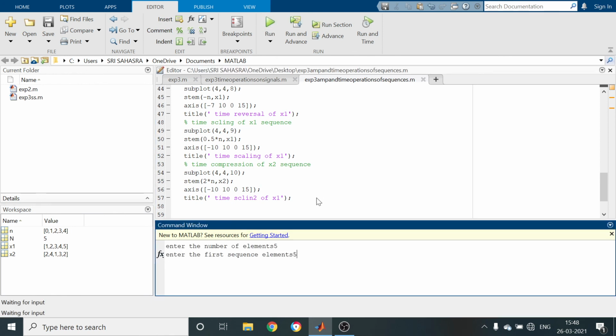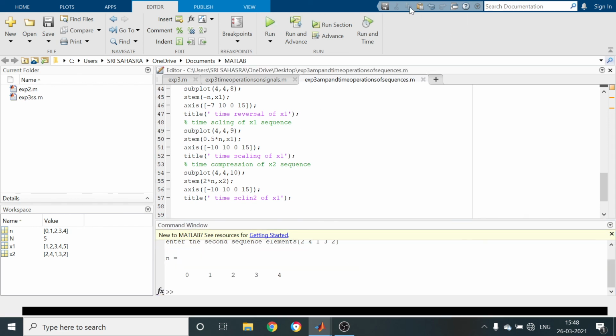Again give elements through keyboard, or you can select from the command window by using the up arrow also. So these are the windows.